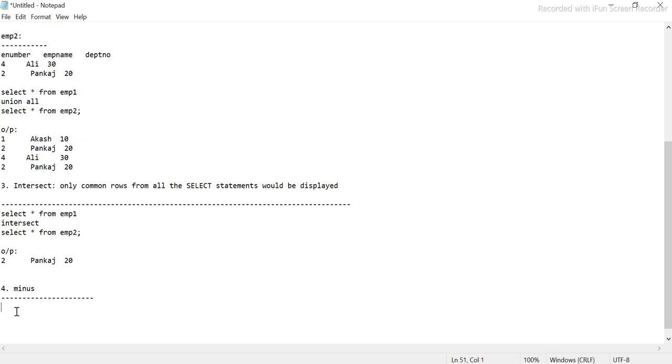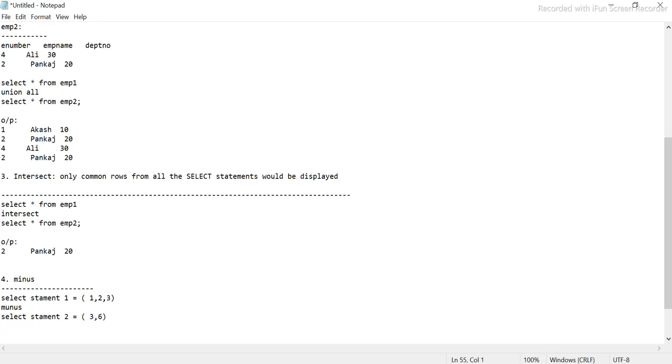Let's say I have select statement 1, and the output of this, let's say, is 1 2 3. Now I have select statement 2, and here I will say minus. I'm just putting the values also. What is the value of select statement 2, guys? Let's say I have 3 and 6.